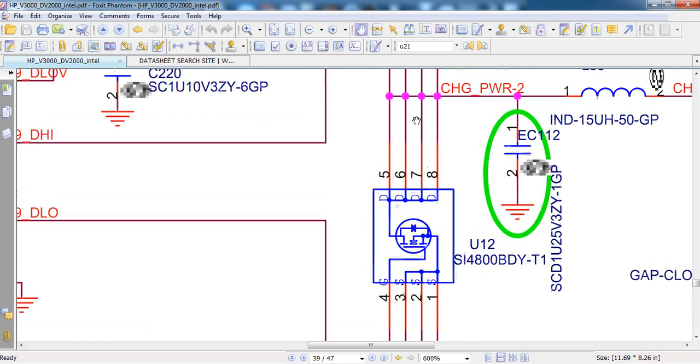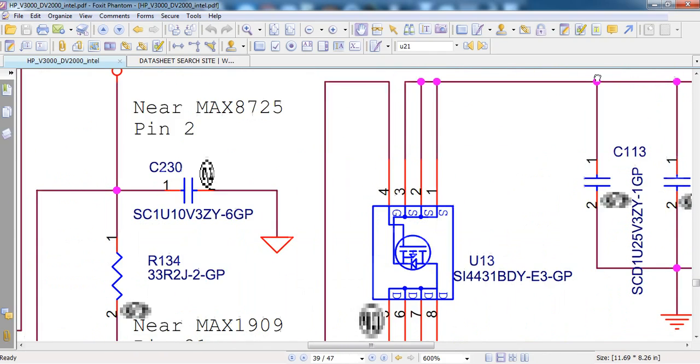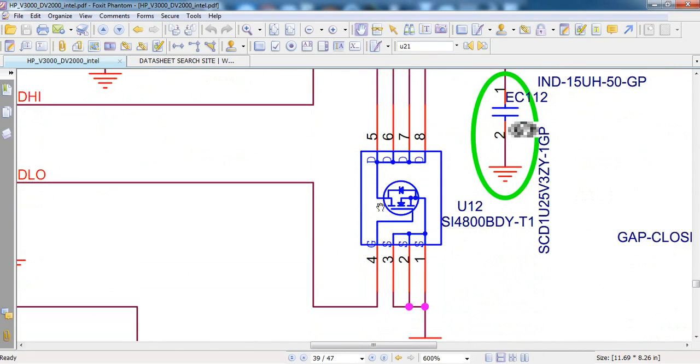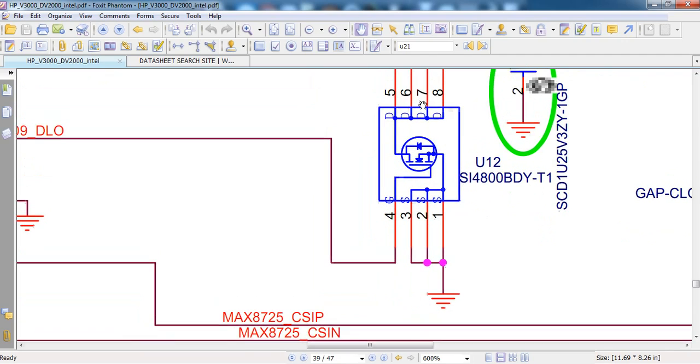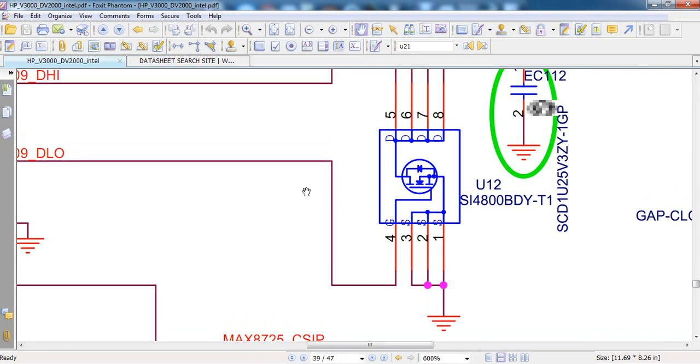The drain point gets the input 19 volts. I think this is DC bat out. Yes, this is DC bat out. This 19 volts or 12 volts comes to this point and stops here, because the cathode does not conduct the voltage. This is the cathode, this is the anode. Cathode does not conduct the voltage, so this MOSFET waits for the gate signal. When the gate receives the voltage, then this 19 volts is passed to the source side.